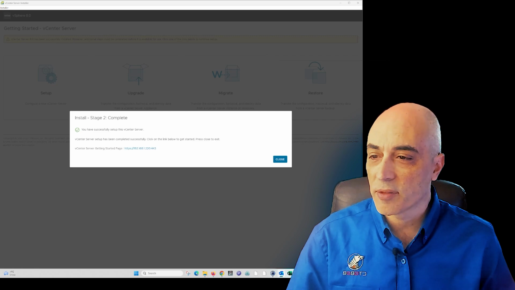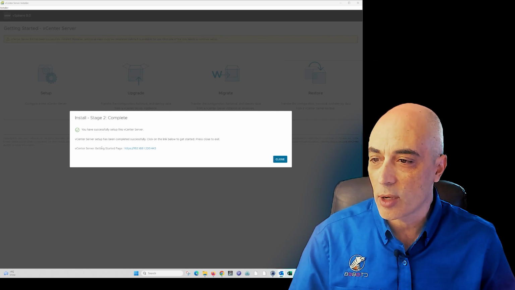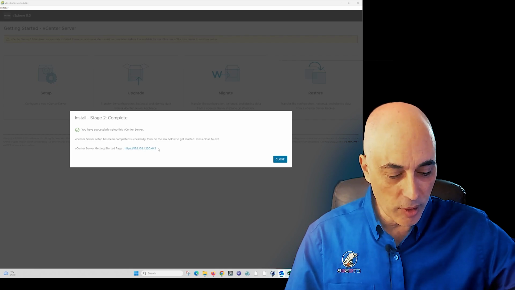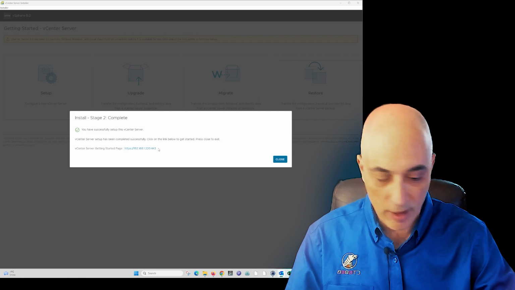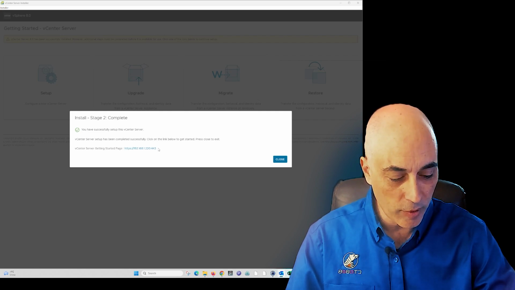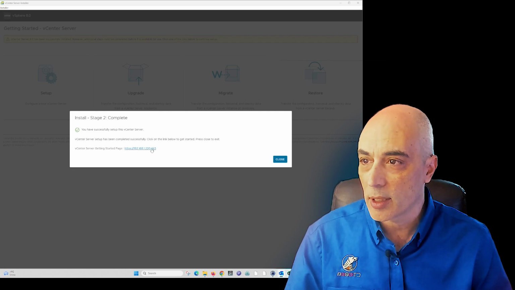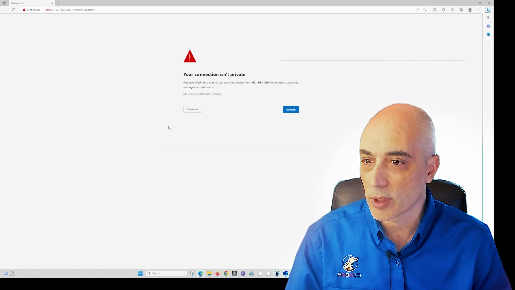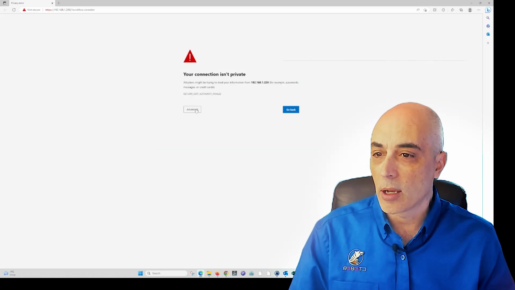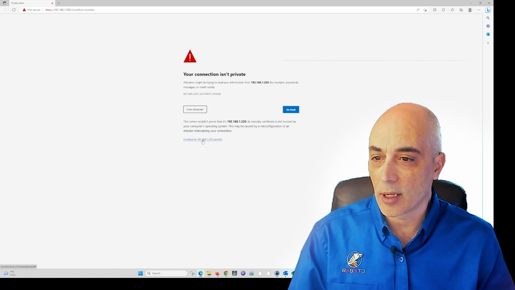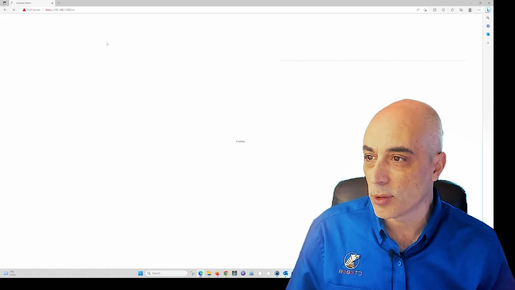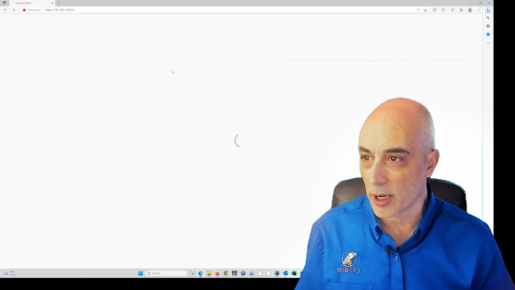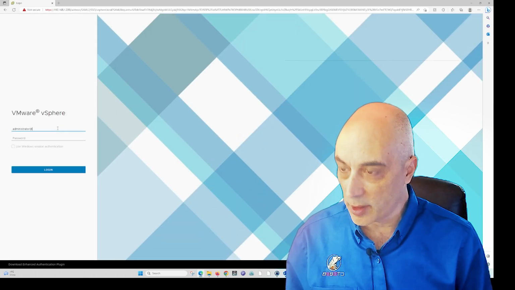So there we go. We have successfully done stage 2, and what it shows us now is how to get into it. So you'll notice here that there is basically the right IP address on the bottom, and it's port 443. So let's go ahead and do that. So we're going to go ahead and go right into it. Now you have to click on advanced and on save. And here we go. This is going to be our first look of the new vCenter. So let's go ahead and log in. Try not to get our hopes up too high that this will be